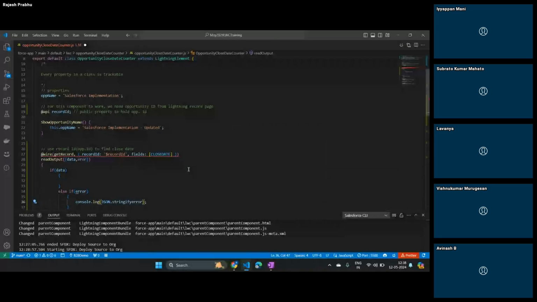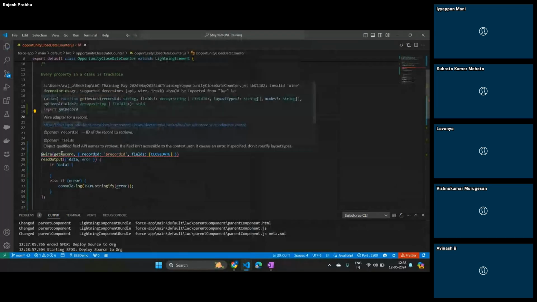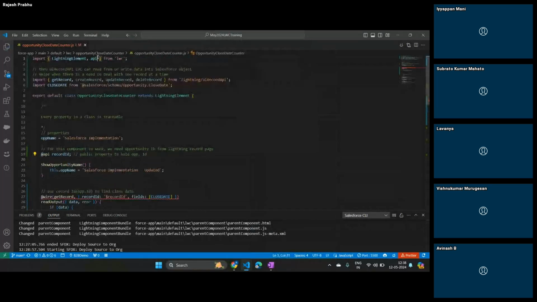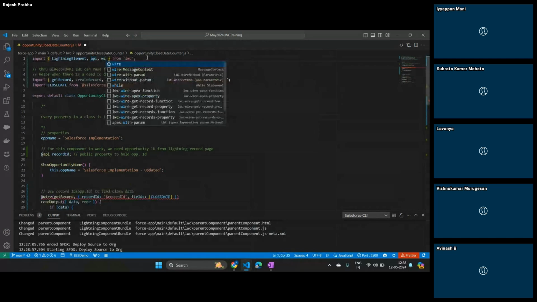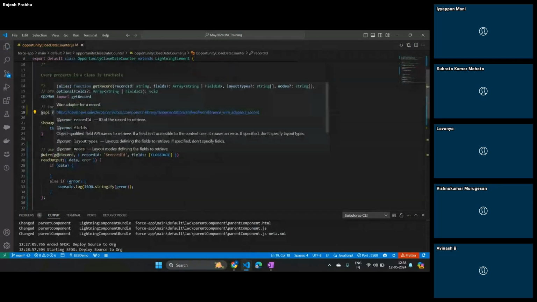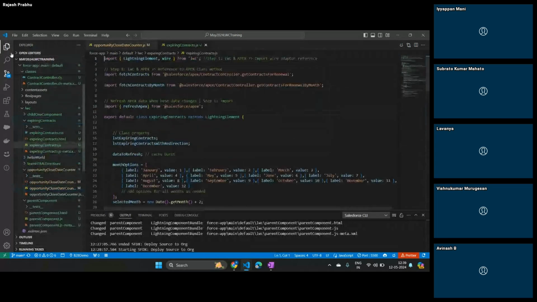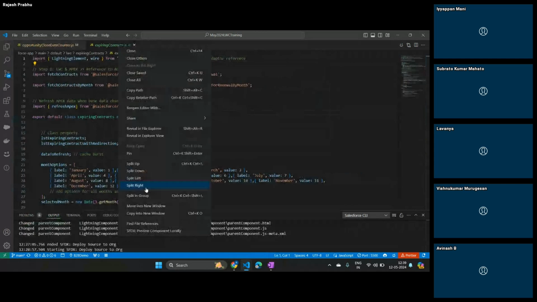So I'll right click first and then format this. Okay, it says it doesn't know what this wire method is because I have not imported the reference. I'll import that adapter reference. Now the error is gone. Perfect, right? So this wire is pretty much the same one we did earlier. If you just cross-check both, it is just the same. Only thing is,